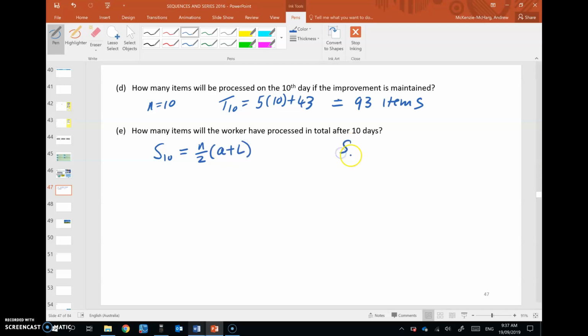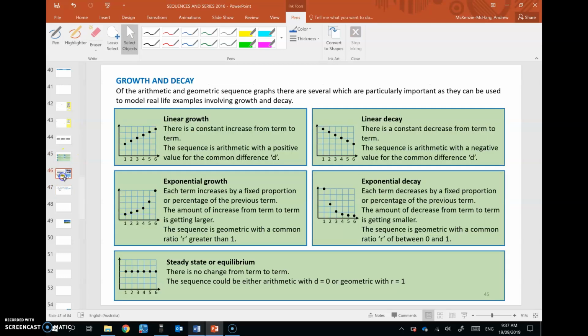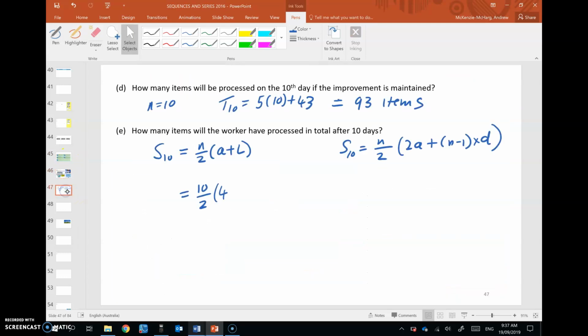And we'll check using both the options. The other one, of course, is this formula. Okay, so if we're using first and last, we have 10 terms. First term, 48, beg your pardon, 48,